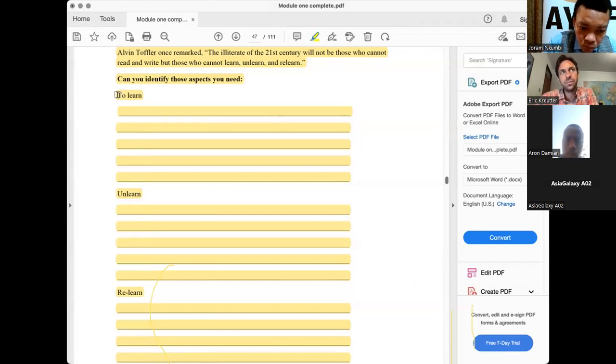Let's say you're going along and you want to propose some change that needs to happen at the university. Let's just use the university context. When you're proposing a change, you have to know what was there. So you might have to actually learn what are the policies that are in place.